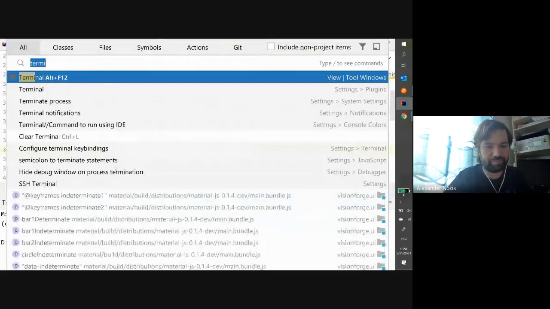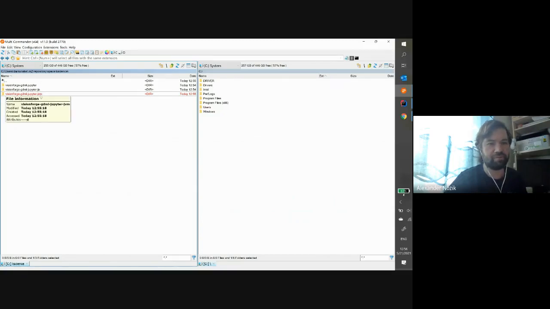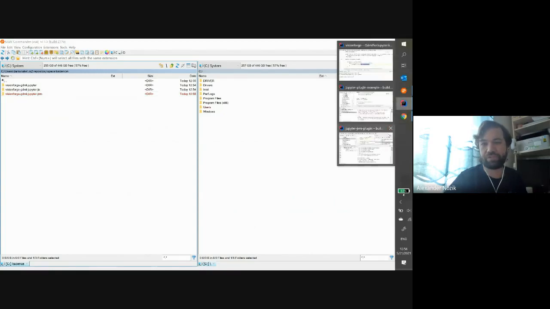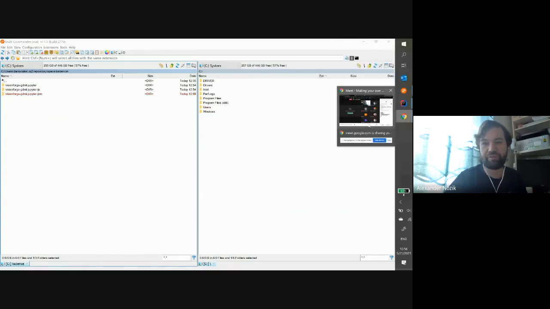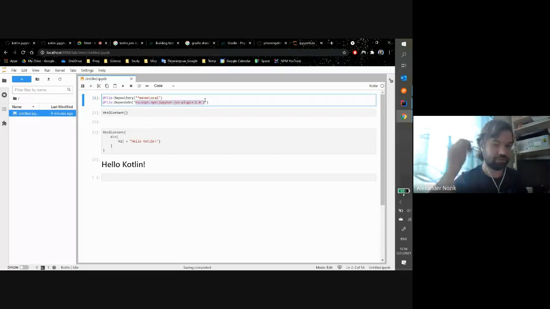So let's check if the Gradle build is completed. Yes, it is. And you see, I now have 3 new artifacts in my Maven local repository. Let's just load them. So we are going again to our Jupyter window, and this repository is the same, but now I'm loading different methods here, and I'm loading,